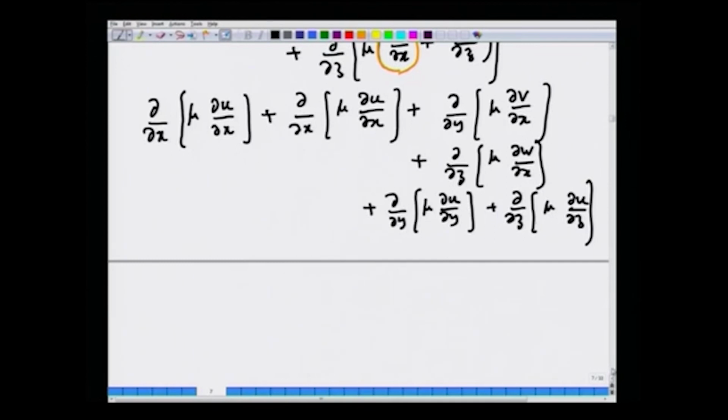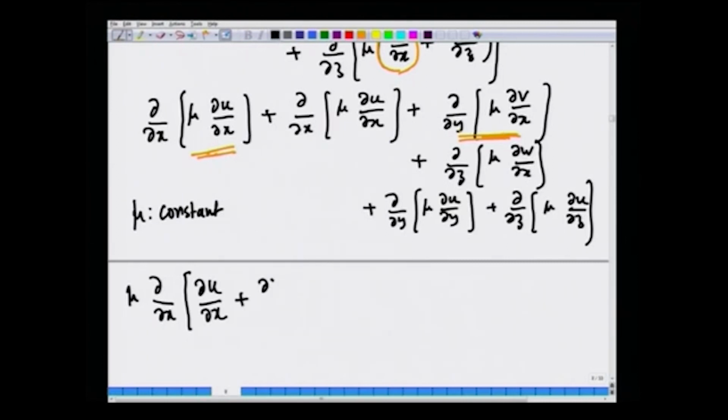Now, the order of these partial derivatives is interchangeable. So, let me write this as partial x, and we will assume that mu is constant, independent of spatial position. So, we can pull out mu, okay, of partial u partial x, that is from this term. We also have, if you interchange these two partial derivatives, partial x of partial v partial y, and likewise from this term, if I interchange the partial derivatives, partial x of partial w partial z